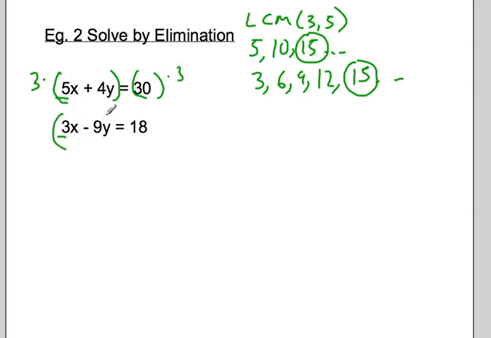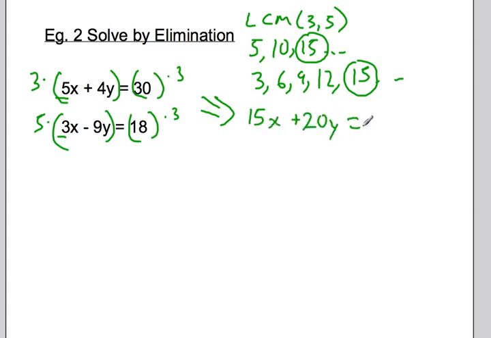And I'm going to multiply the second equation by 5 to get 15x. So my new set of equations are going to be 15x plus 20y equals 90, and